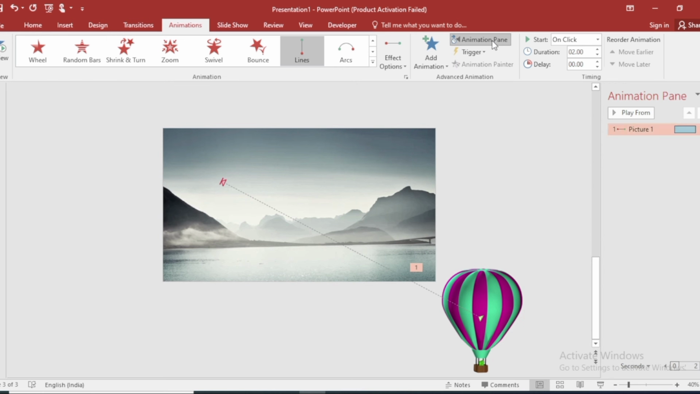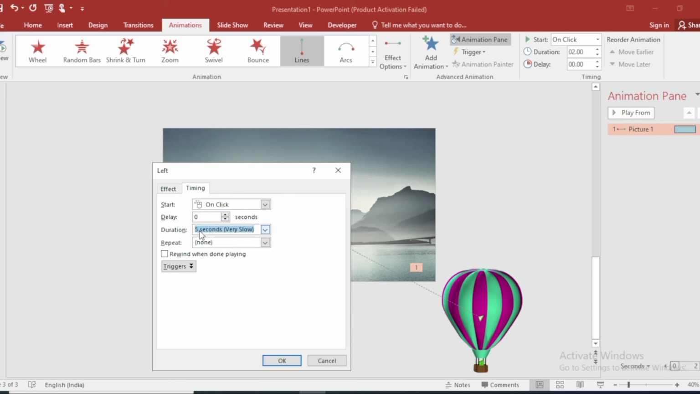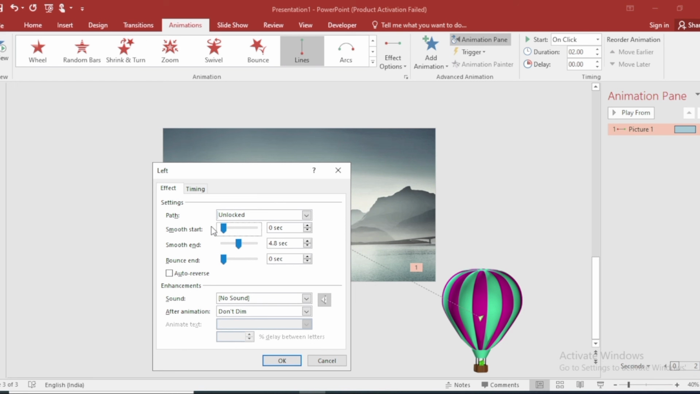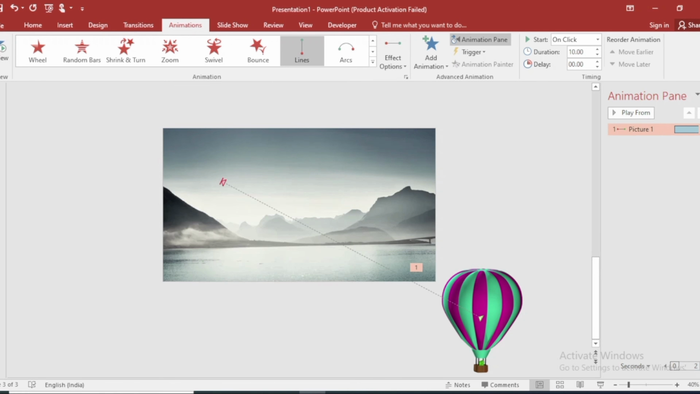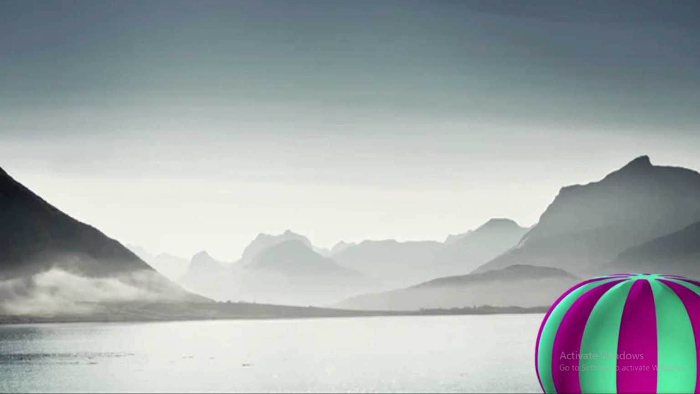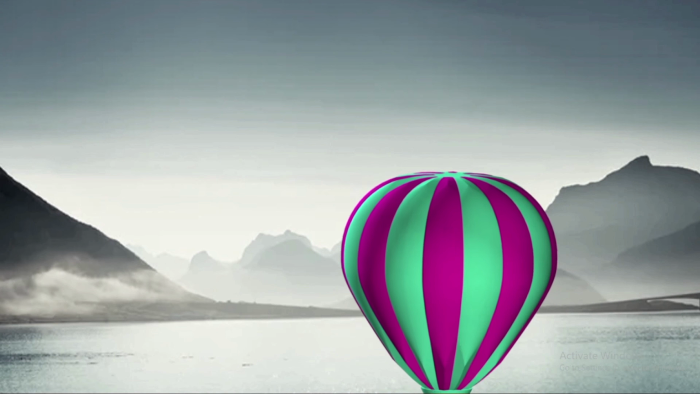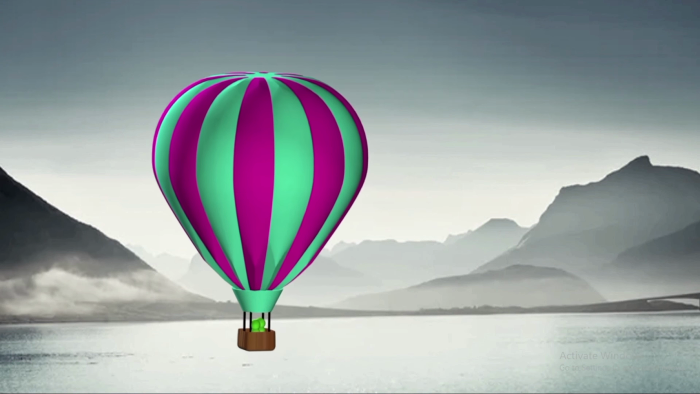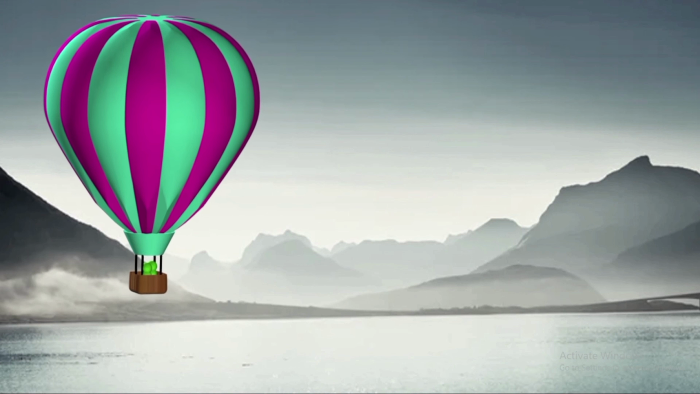Use the animation pane to adjust the timing and effect, making the animation smooth and realistic. So friends, this method will help you to create an attractive air balloon in PowerPoint, which can add a creative touch to